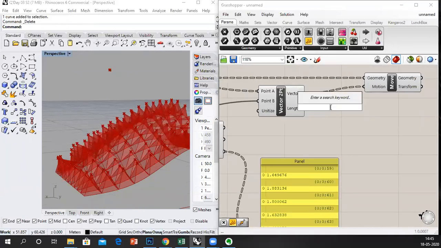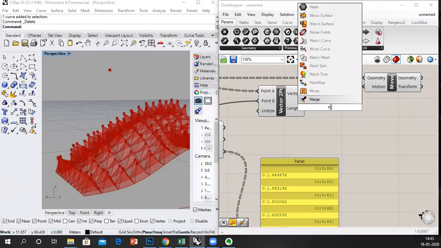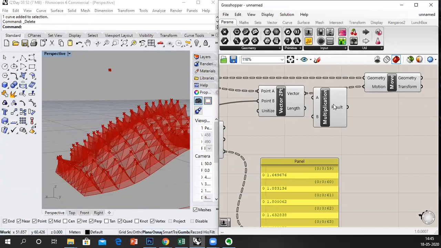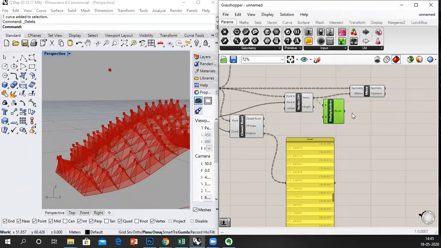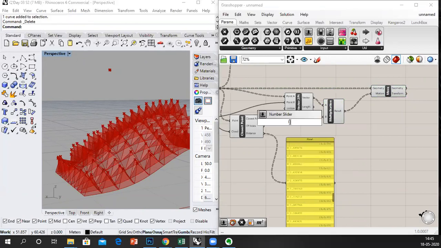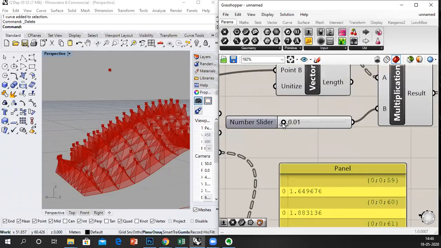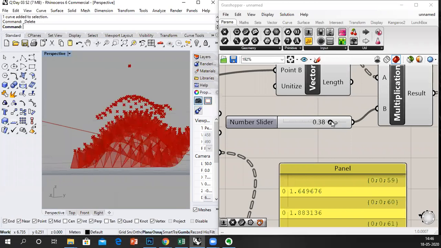So what we need to do is a multiplication or amplitude, and we are gonna reduce that value, say by 0.01, 0.5 again. As I keep changing these points, you'll find that all these points move closer to the opening point. So there you go.